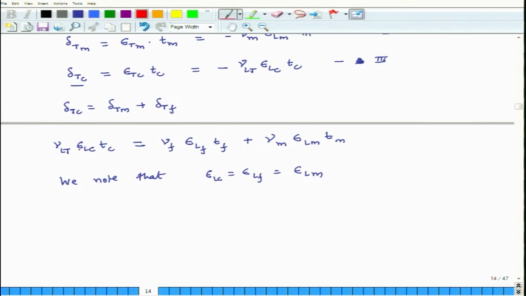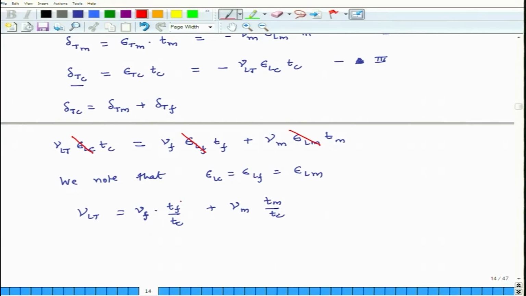So, because of that equality, I can cancel out these terms. And then I divide this entire equation by Tc. So, I get nu Lt equals nu f times Tf by Tc plus nu m times Tm over Tc,